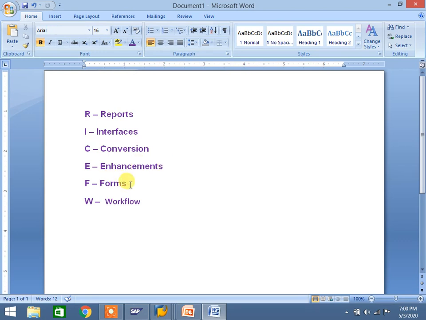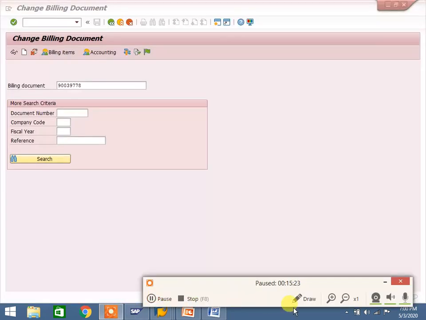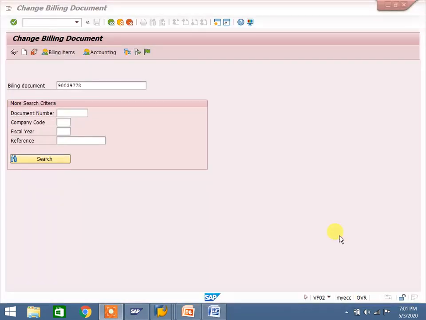Forms. What is forms? While creating delivery, sales order or billing, we need to generate an output form to send to the customer. Most probably we can develop forms for invoices.